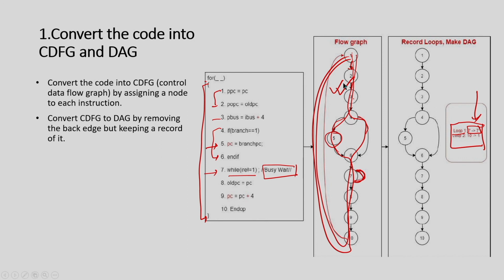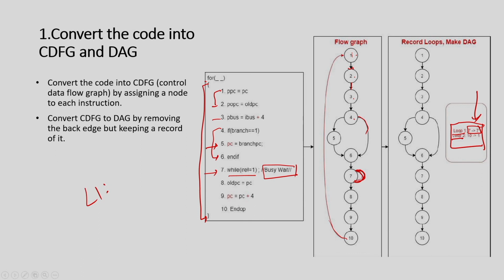So, if I just remove this edge, I can remove the loops, right. So, I will say there is another loop for which there is a back edge from 10 to 1. Okay. So, this is what I am going to do. I will keep two pieces of information: loop 1 has the back edge 7 to 7, and loop 2 has the back edge from 10 to 1, right. So, I am going to remove this edge and this edge. Okay. I am going to remove this edge and my revised CDFG looks like this.